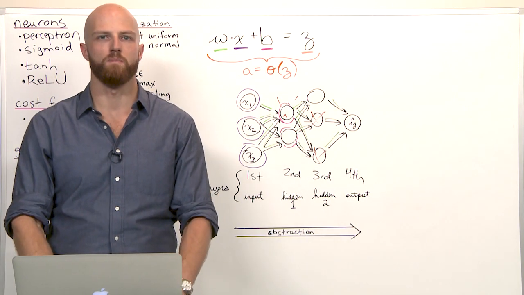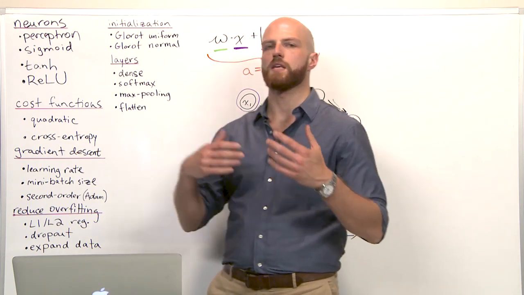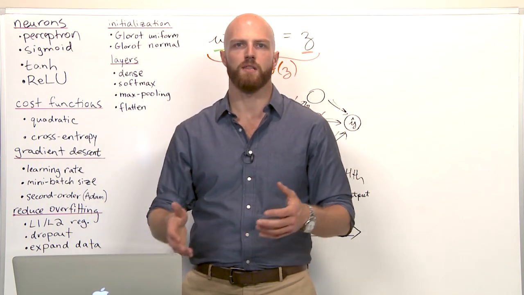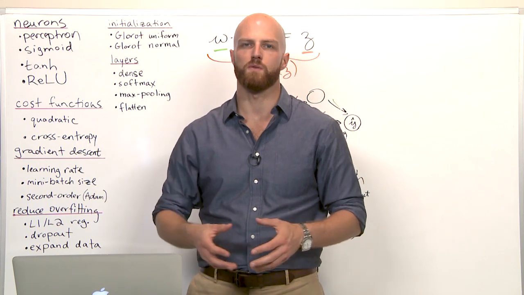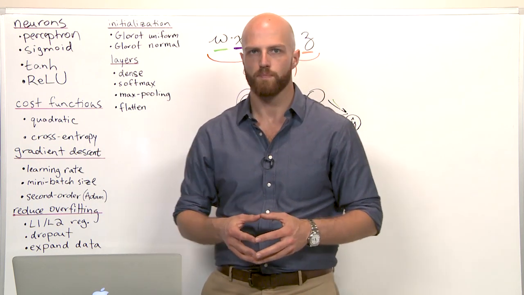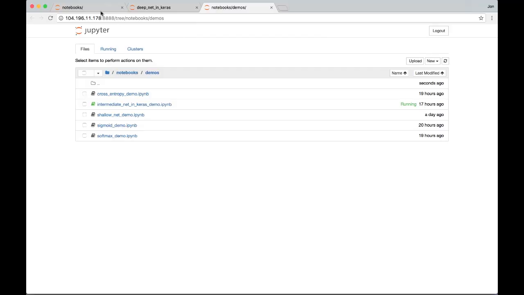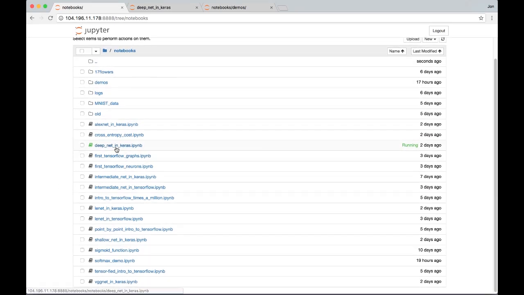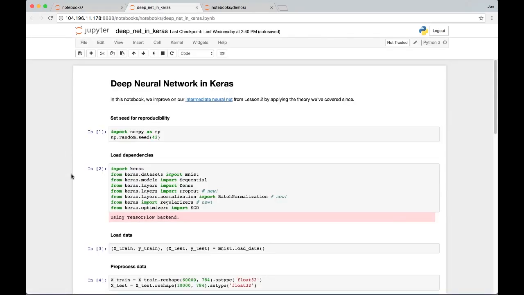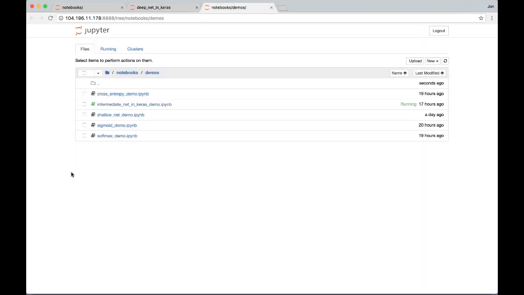In this section, we're going to build on all of the theory that we've now accrued to make the intermediate network in Keras that we had created even better, so that we can classify MNIST digits even more accurately than before. To do that, you can follow along by heading into the DeepNet in Keras notebook that I've put in the repository. We're going to recreate that notebook here, which you're also welcome to do, by copying the intermediate net,